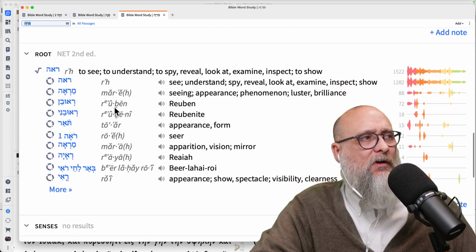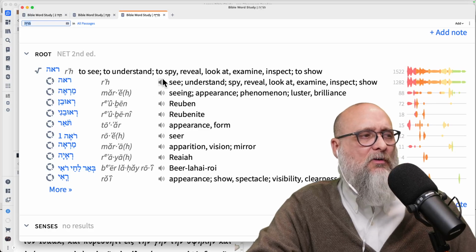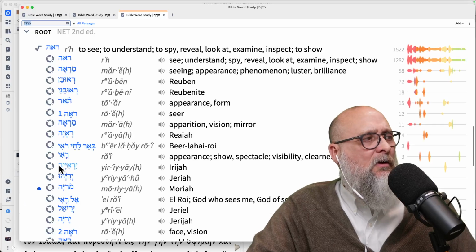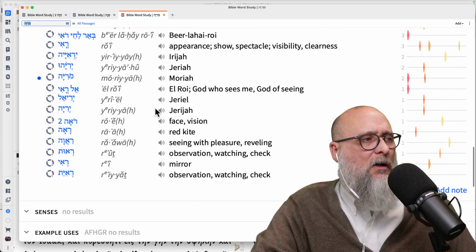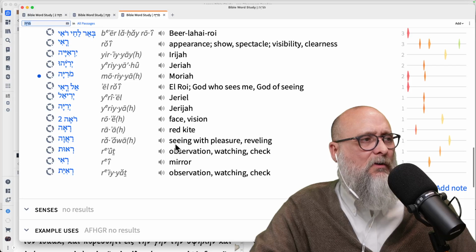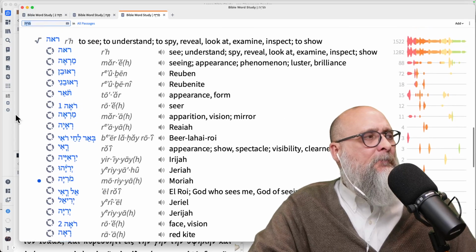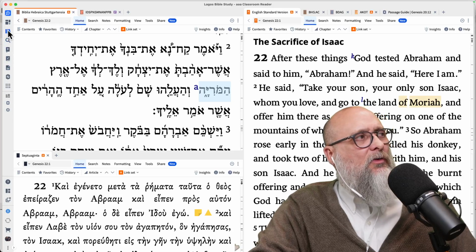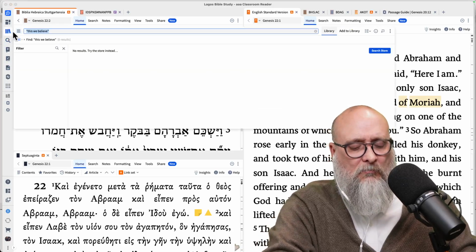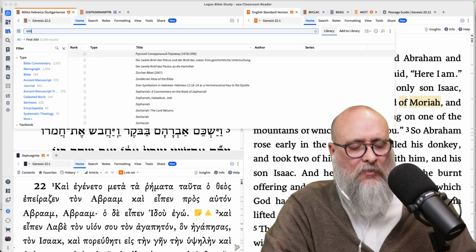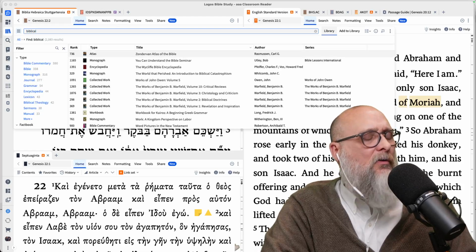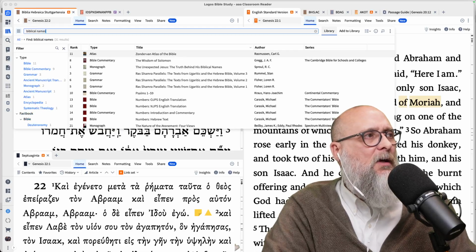When we look at the roots, if it's from ra'ah, moreh, cause to appear, something like that. If we do more, you can see mirror, observation. If you go to biblical names to get some help,